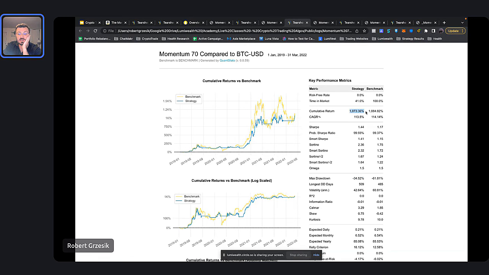Over 1,000%, right? Still not totally being the benchmark, but pretty close. Our Sharpe ratio is even better, and our max drawdown is maybe a little less as well. So 70 days seems like a better number to use, instead of the 50, right? 90 days. 90 days does not look like a good idea.